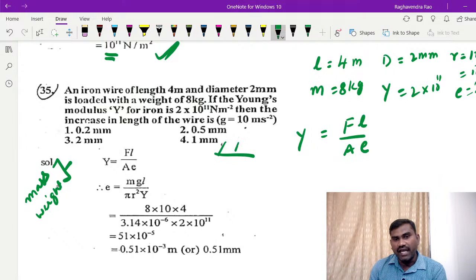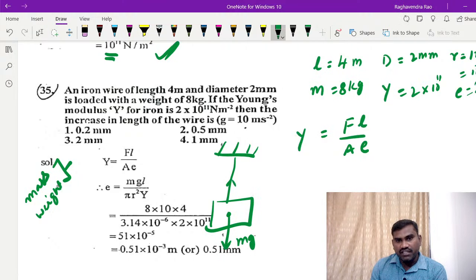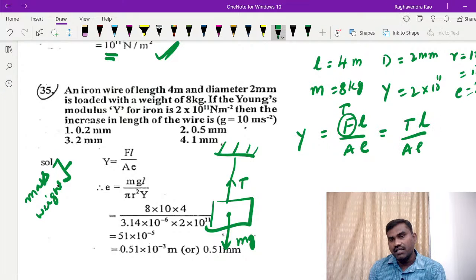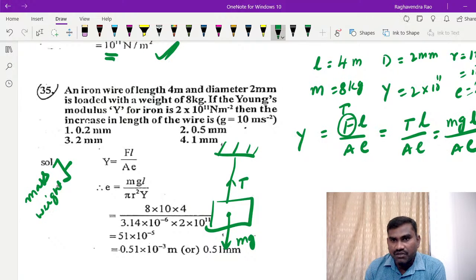So in the case of the hanging part of the wire, what is the weight we are giving? That weight is nothing but tension. So in the place of force we need to take tension. Now tension is equal to mg. So TL by A into E, in the place of tension we take mg into L by A into E. Mass is given, 8 kg, g value we can take as 10, L value 4 meter,